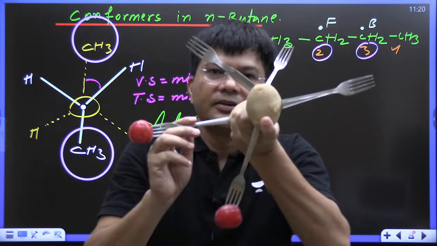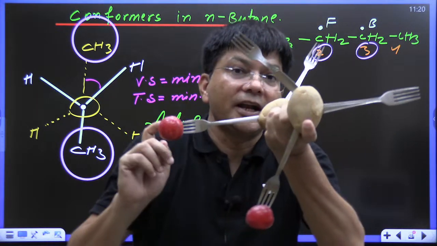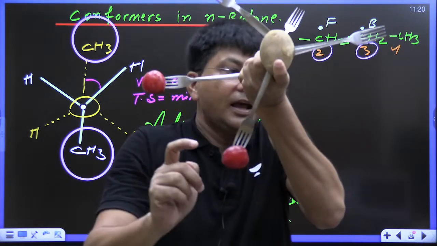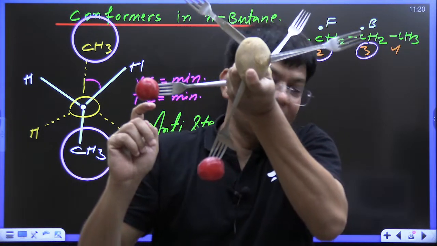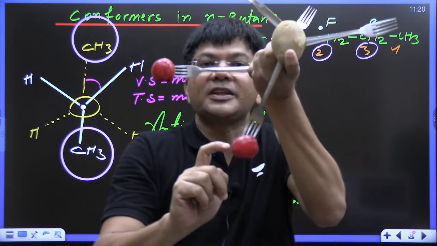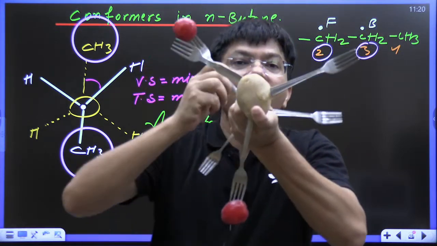This is staggered, but not anti-staggered. Why not anti-staggered? Because this methyl and this methyl are nearer. See, when it was like this,